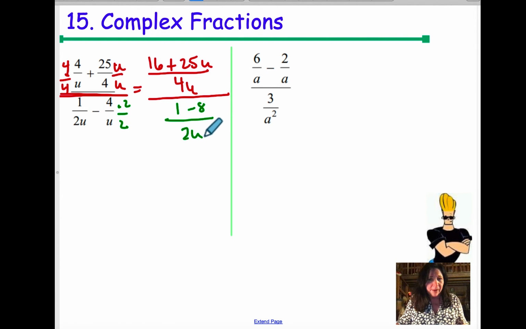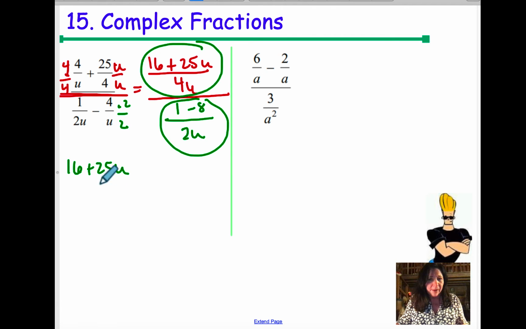And so now I'm going to divide the top term by this term. And remember, when you're dividing, you're actually multiplying by the reciprocal. So I'm going to have 16 plus 25u over 4u times the reciprocal, flip it, 2u over 1 minus 8,